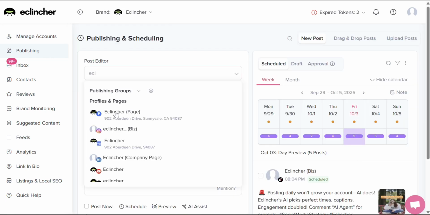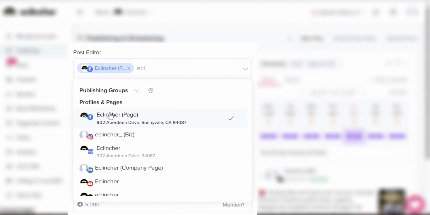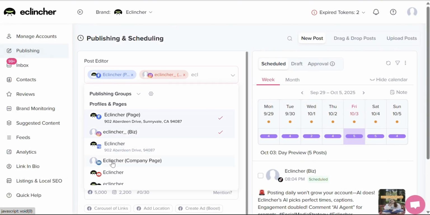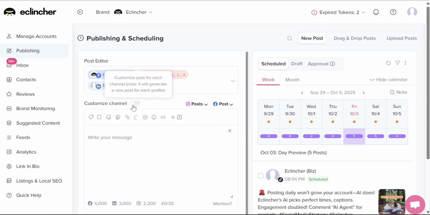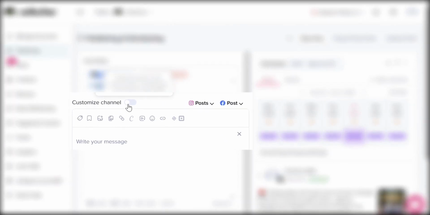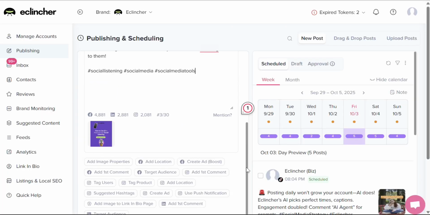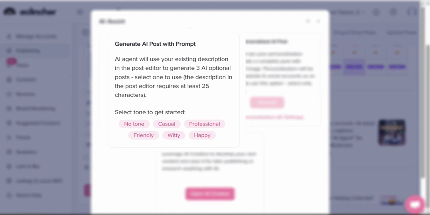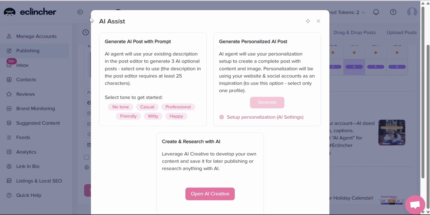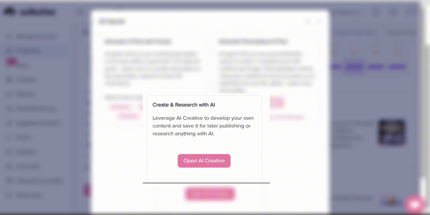We will start with publishing. Here I can create a new post across multiple social media channels and multiple formats. So if I want to share the same post on other social media channels, I just select the profiles and networks. And I can customize each network just by clicking the Customize button. Here I can edit the text, add new media from my computer, or I can use AI Assist to get a new original post. AI Assist can help me use my current post and give me better ideas for new posts or improve it with keywords, with new content and images, or start creating completely new posts and publish them